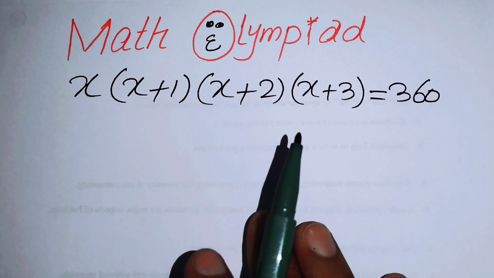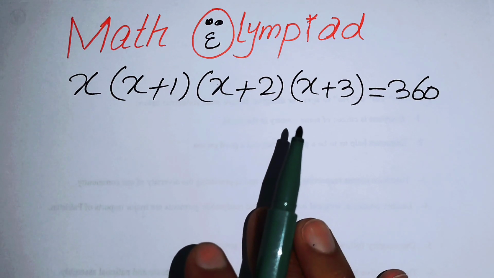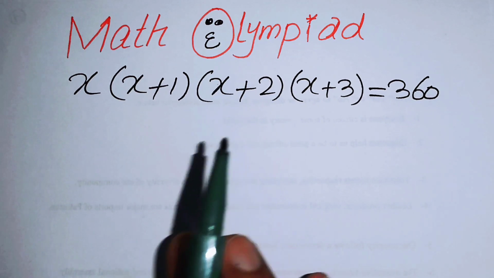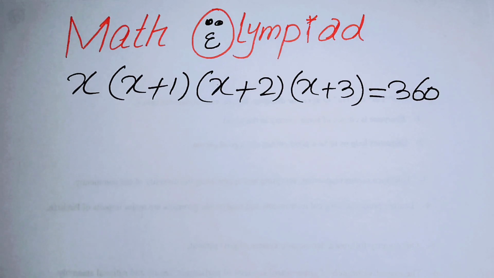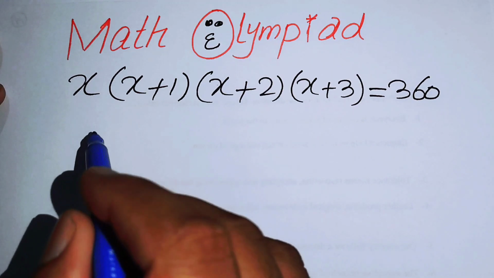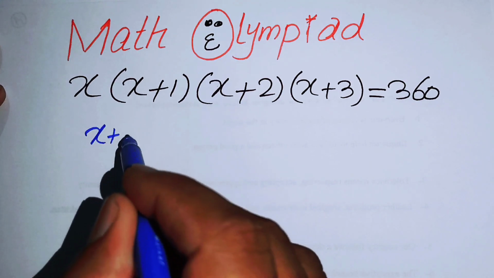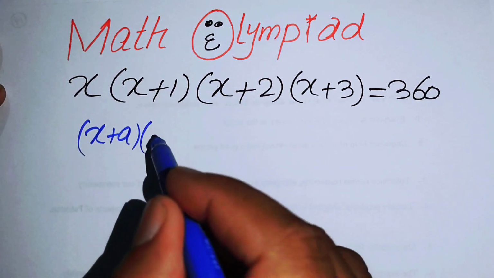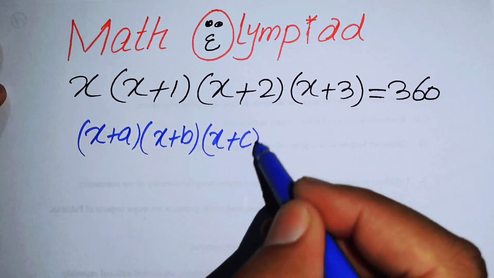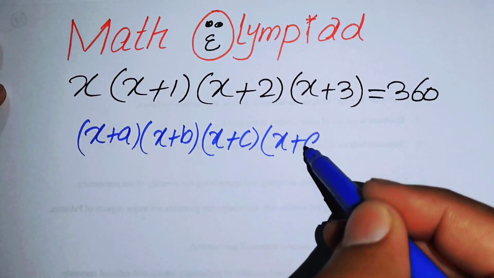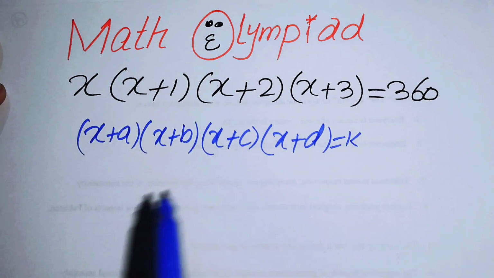So the very first thing we are going to do is use an important fact, in which I can rearrange the order of these factors. The fact is about this: if you have (x plus a) times (x plus b) times (x plus c) times (x plus d) equals k,